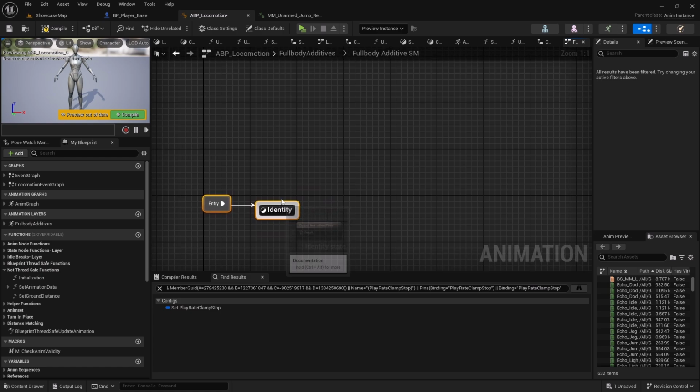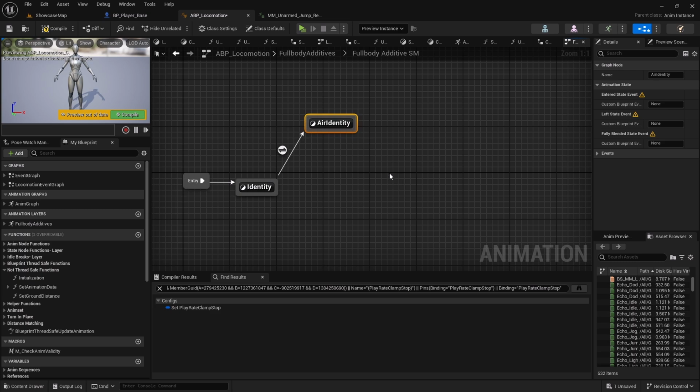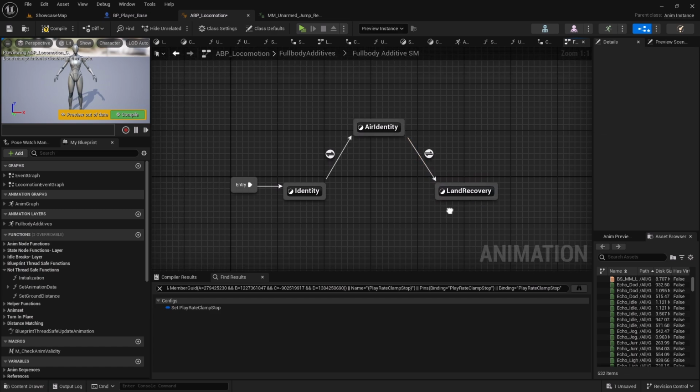and then we have the identity animation that is played in the air, so I'll call it air identity. And whenever we land on the ground, we have another state called land recovery, right? And once the land recovery is done, we move back to the identity pose, right? So those are the 3 states and the respective transitions,